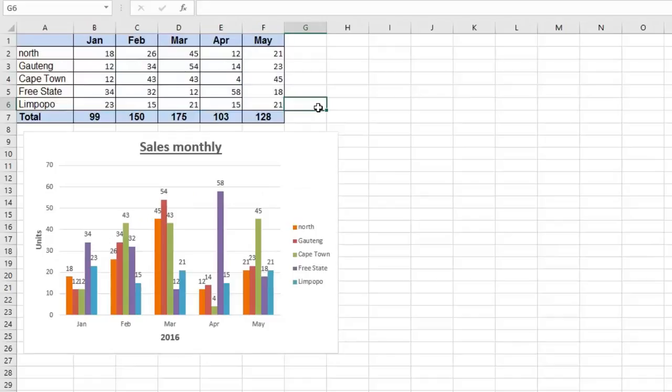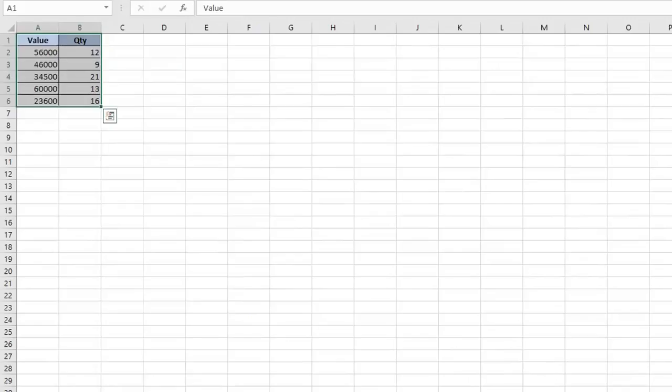The second thing in this lesson is plotting a secondary axis. So let's click on this sheet over here. The problem with this data is the value differs so much from the quantity that it's difficult to plot on an axis for a graph. So one will have to be a column chart and one would probably be a line on a secondary axis. So let's highlight the data as we usually do, insert, and I'm just going to create at this stage a